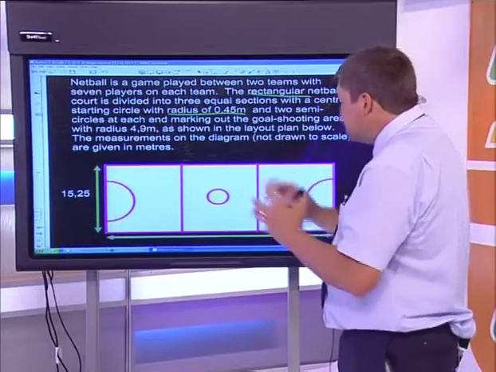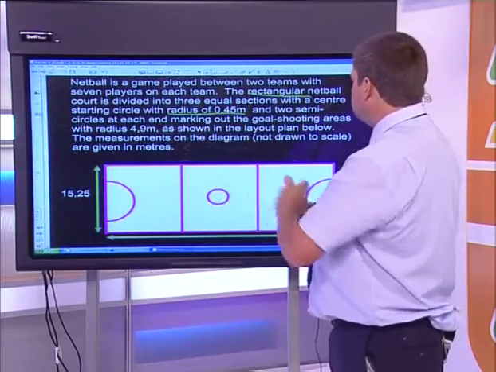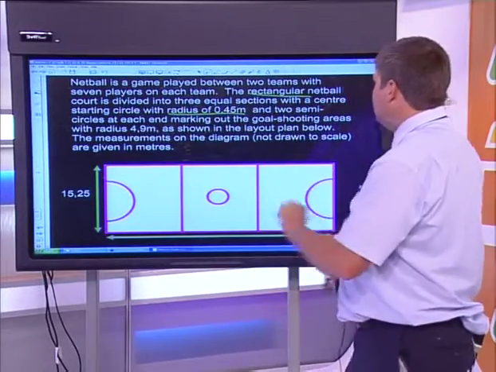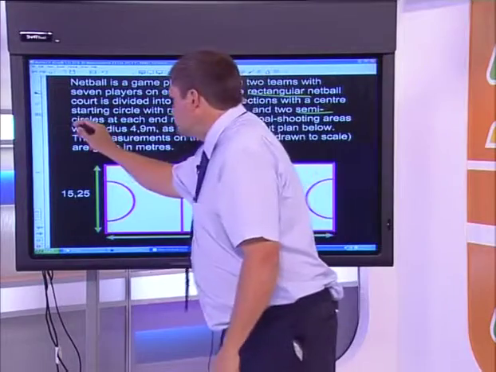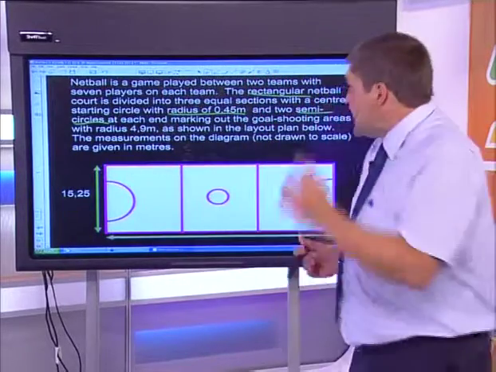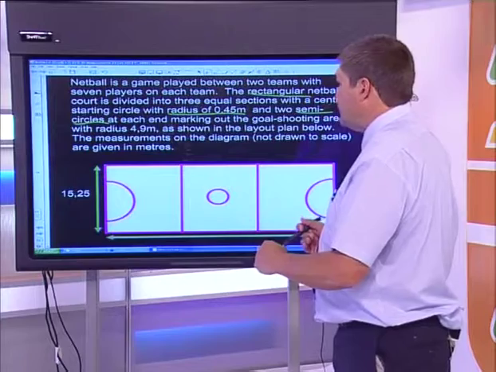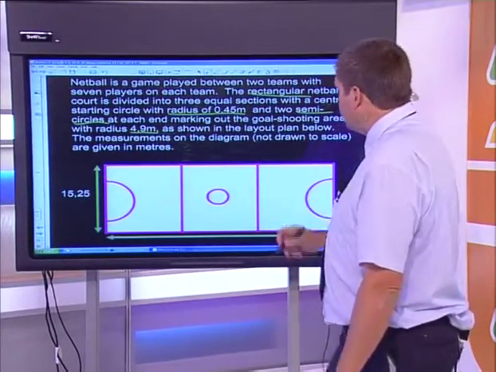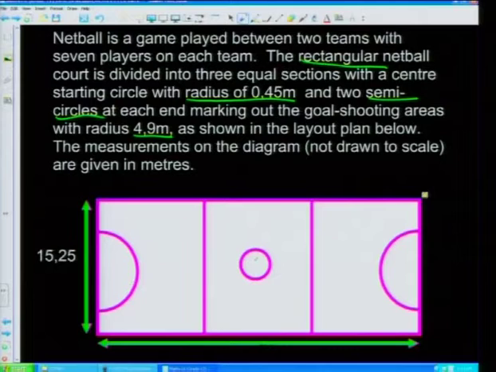And that's the 4,5 meters. Okay, and that's the radius of the center circle. Then added to that, we have 2 goal shooting areas. Okay, so here semicircles. Now guys, that's important, a semicircle. What is a semicircle? A semicircle is half a circle. So we've got 2 half circles, and each of those has a radius of 4,9 meters. Okay? So here a radius 0,45. Here a radius of